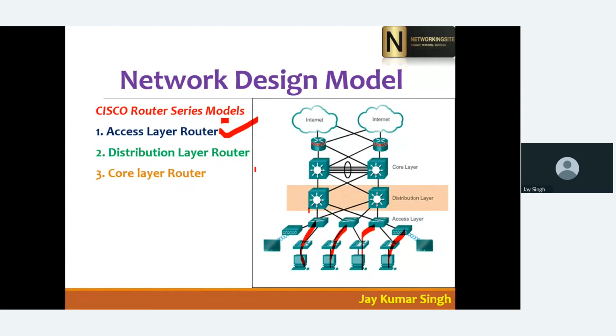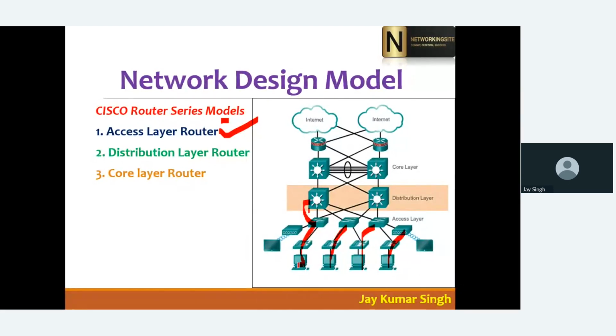The distribution layer device is where all the access layer data will come. The distribution layer router is used for distributing and selecting the best path to reach from source to destination, and for data traffic monitoring and manipulation, meaning how it will go. You can say the distribution layer routers define the route, how the data will flow from source to destination.